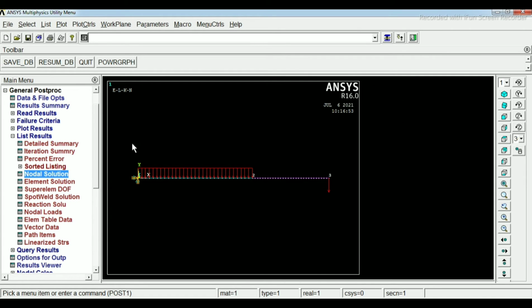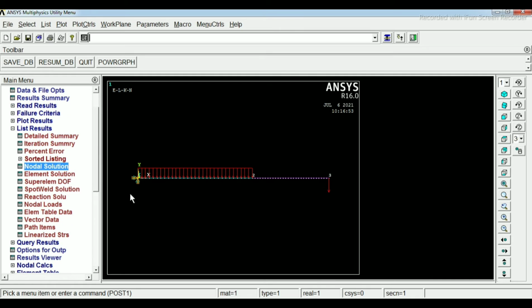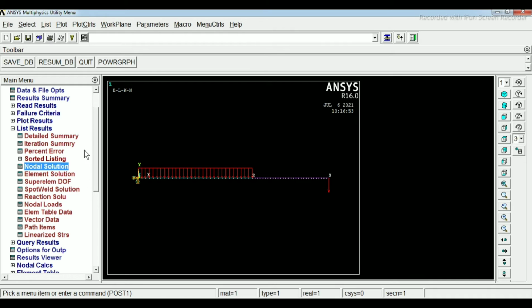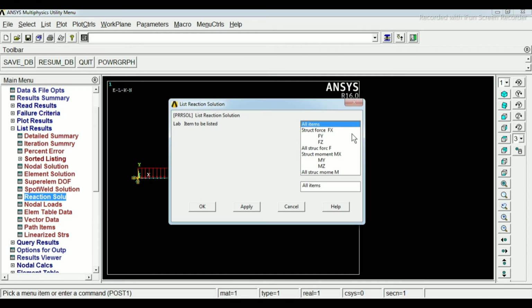If you want to see the reaction, the reaction will be at A, that is keypoint 1. If you want to see the reaction value, then click on reaction solution.